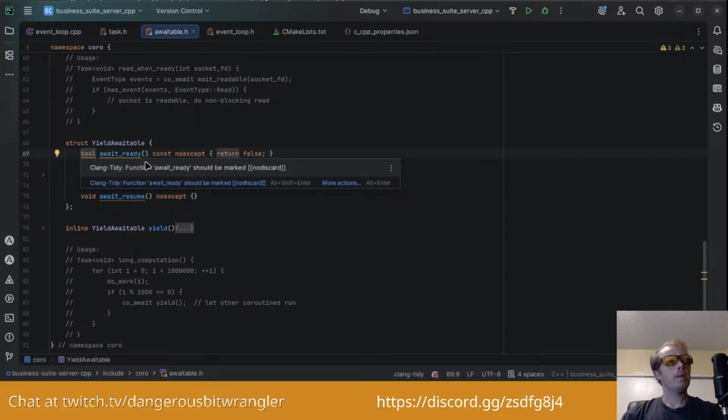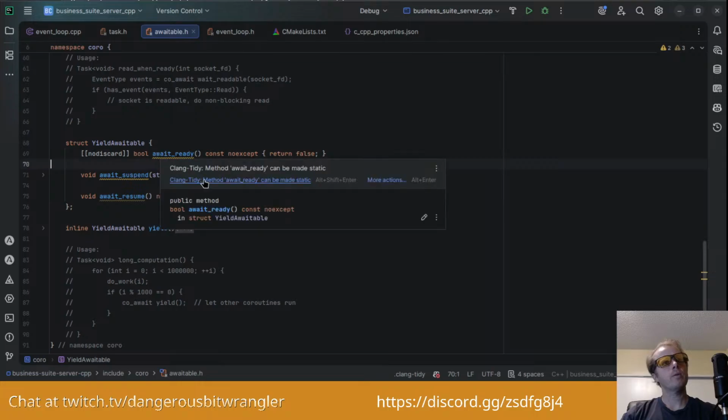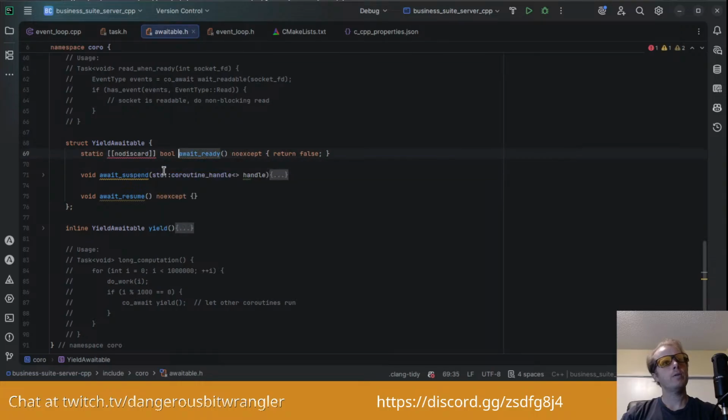Alright. Let's see here. So await ready, clean tidy function. Await ready should be marked as no discard. Okay. Also, what else? What am I missing here? I want to cheat. It can be static. Yeah, I knew it.